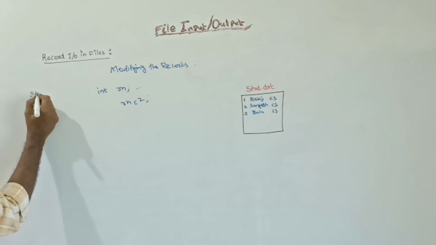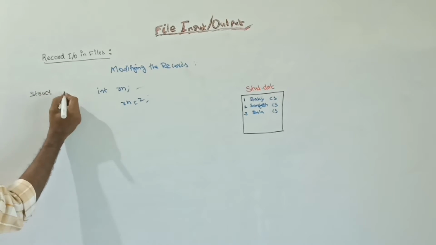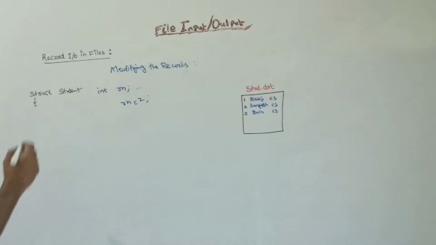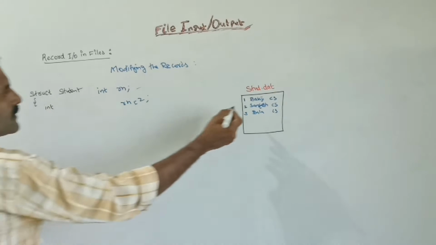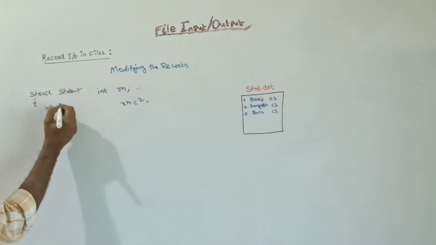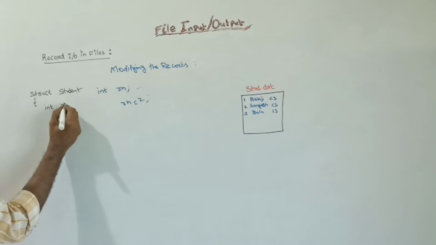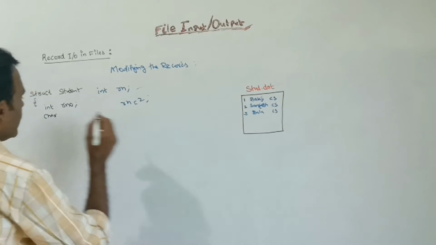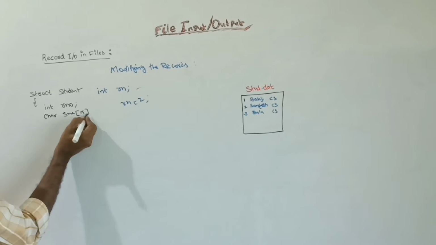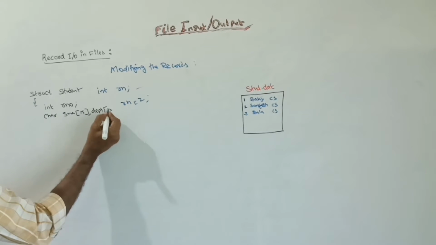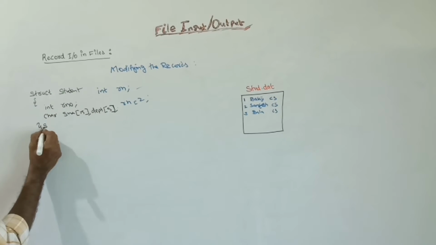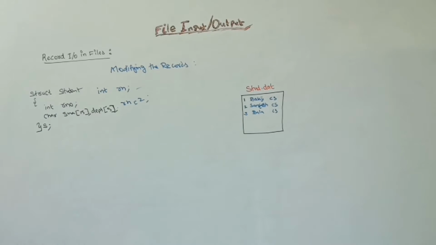So here I am creating a structure. Let us assume the structure name is student. Inside, totally 3 fields, that is 3 structure members: integer, this one roll number; next character data type, that is the student name, SNA; next department, for this 5 bytes. Next I am closing the structure. The structure variable name I have declared as s.